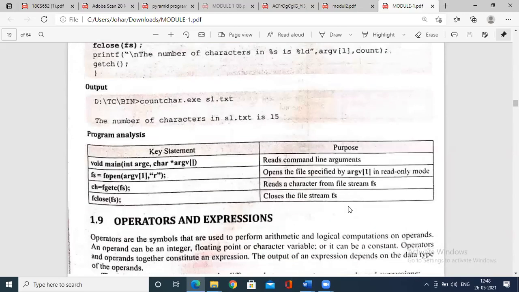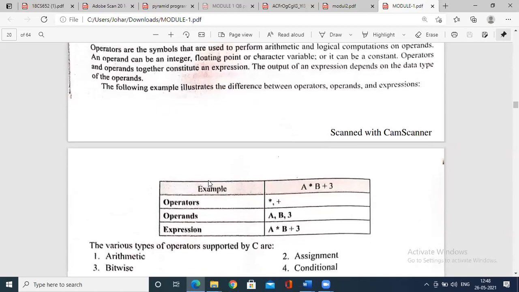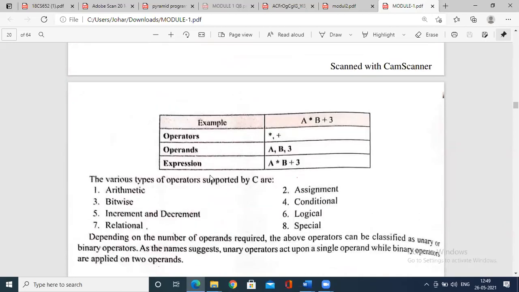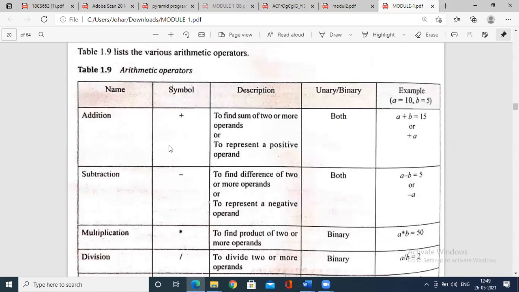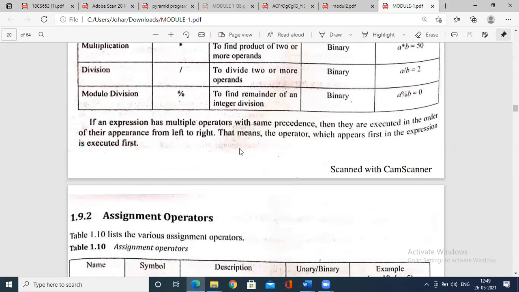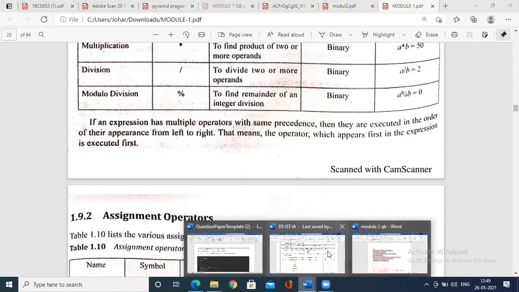We have operators, operands and expressions, but since operators are being asked, we have arithmetic, bitwise, increment, relational, assignment operators, all those listed, and you just explain what an arithmetic operator is. In simple language, it may be asked for 10 marks. You should be able to write this.